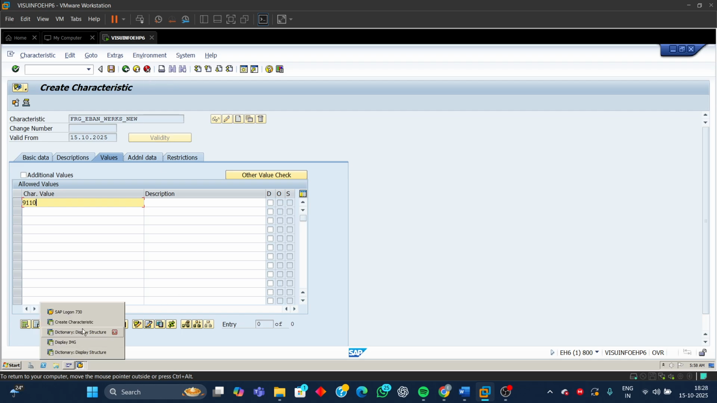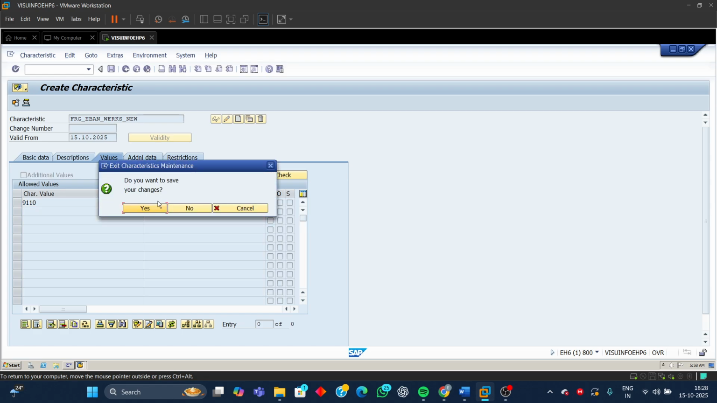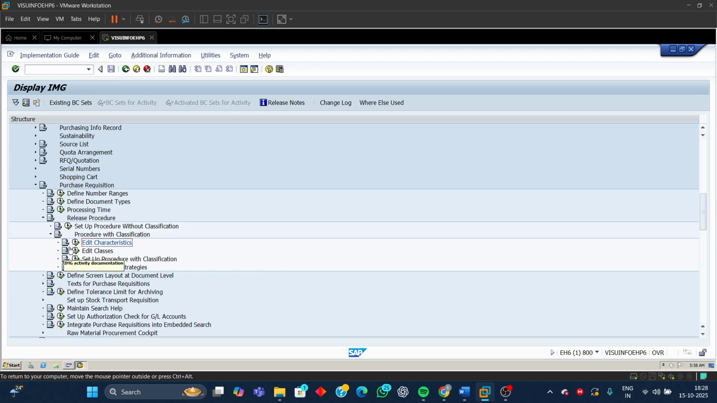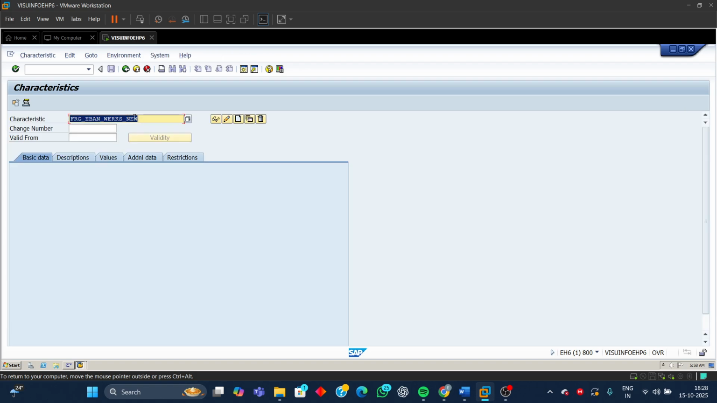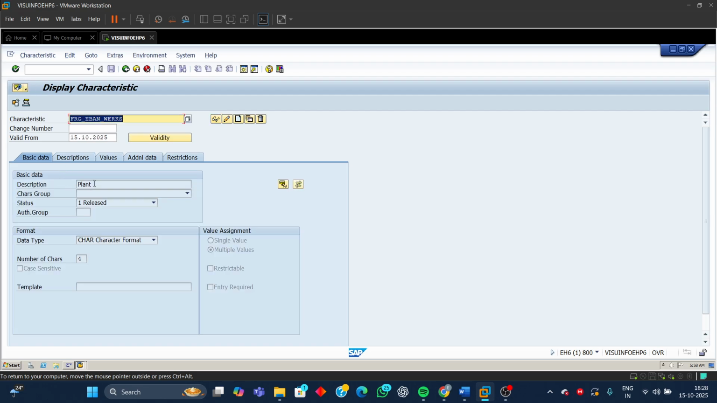But I had already created one characteristic here. Let me show it. I'm not going to save this one because I just showed you how to create it. Let me display the characteristic which I had created for plant. The name I had given is FRG_EBAN_WERKS. The description was plant, character format as I just showed you, number of characters 4, multiple values I have